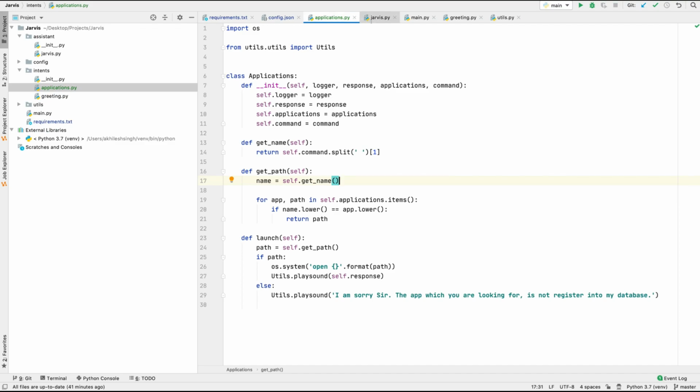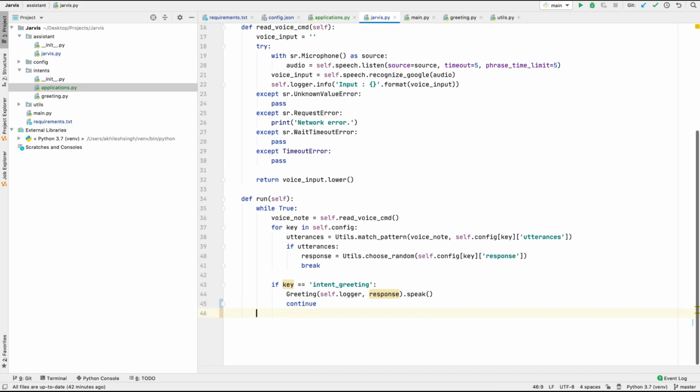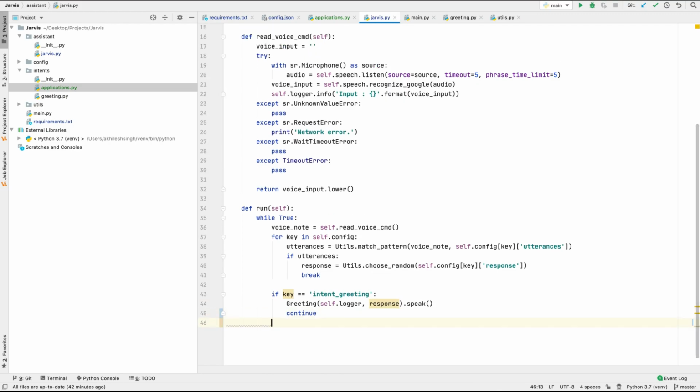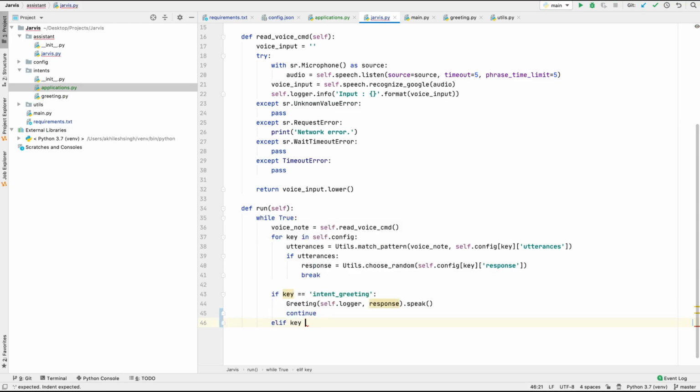Now go back to our thread class, and here we are going to implement our intent application, right? Now instead of break, we need to have continue. This is the first change which we require. Let me just, for now, delete this. Now here elif the key equals intent applications, then what is going to happen?